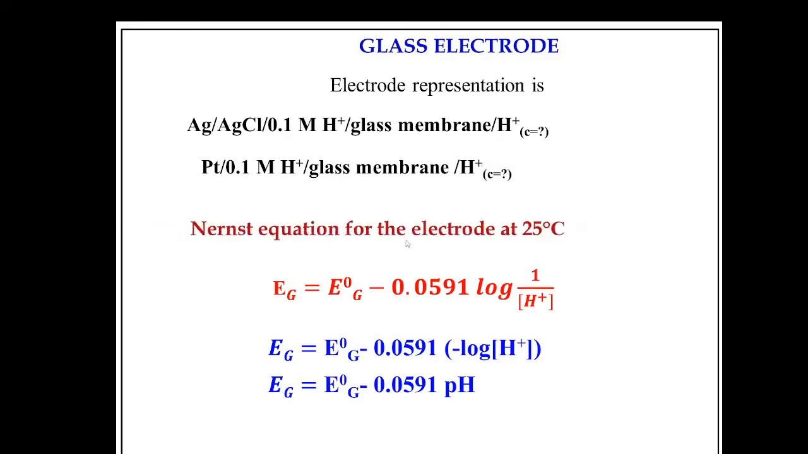The equation for this electrode at 25 degrees Celsius is Eg equal to E naught G minus 0.0591 log 1 by H plus ion concentration. Log 1 by H plus ion concentration is minus log H plus concentration. Therefore, finally the equation comes to Eg equal to E naught G minus 0.0591 pH. And E naught G, that is the standard electrode potential of the glass electrode, is 0.6 or 0.5 depending on